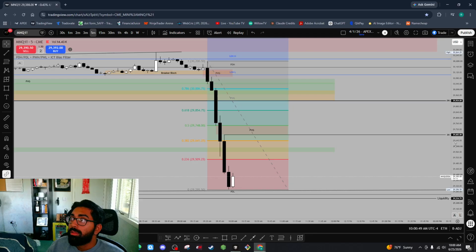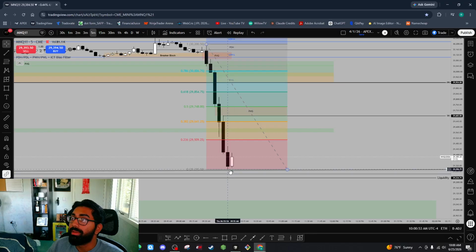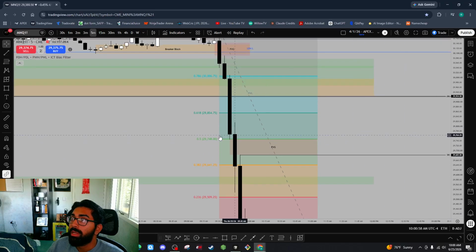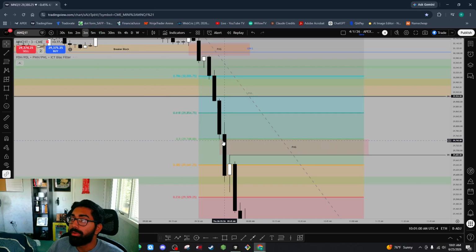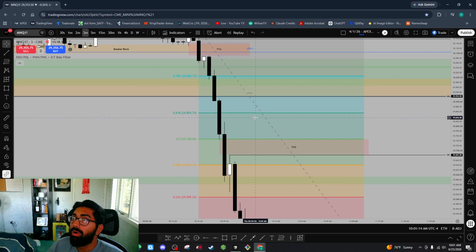So the Fibonacci tool got dragged down a little, but this is the start of the downtrend. This is the beginning of the uptrend. This is our 50% and 61.8% range. And we have a 3-minute bearish fair value gap right here, which also ends up being a 2-minute intermediate high within that bearish fair value gap. And turns out that is resting in the 50% range. So shorts right around here sound like a good idea.